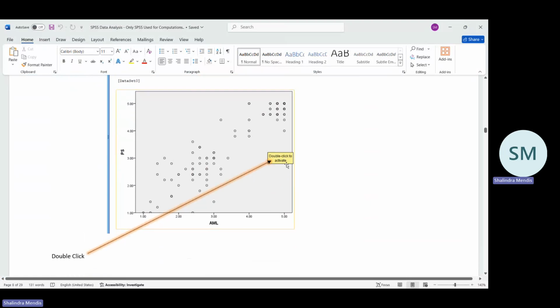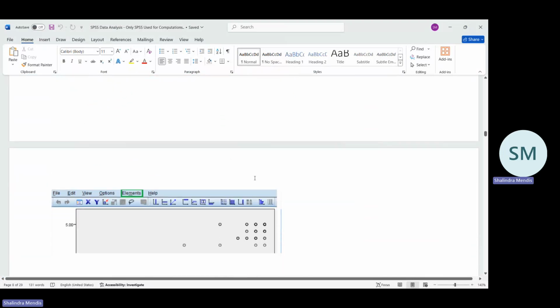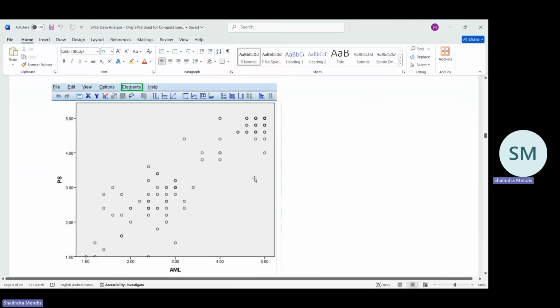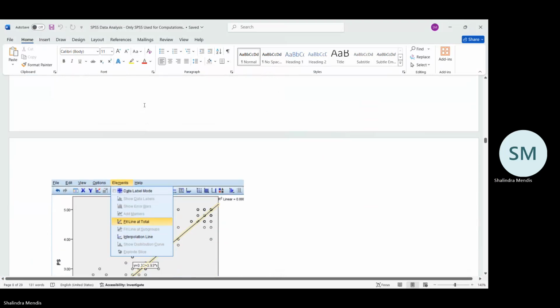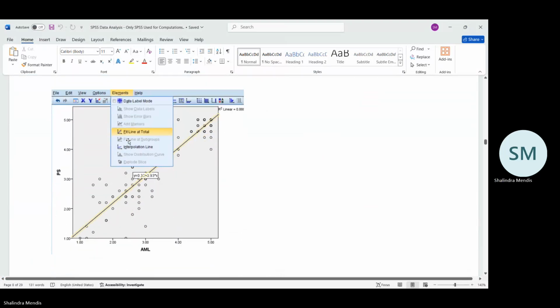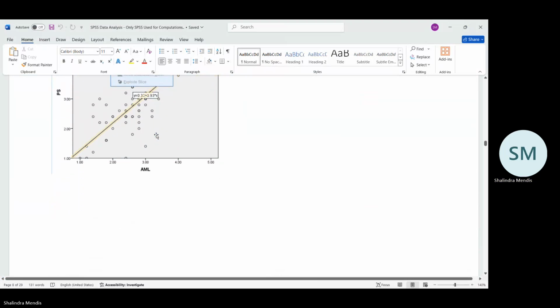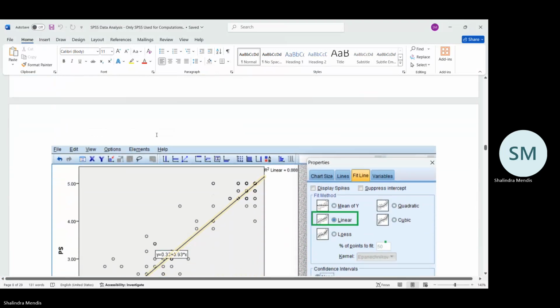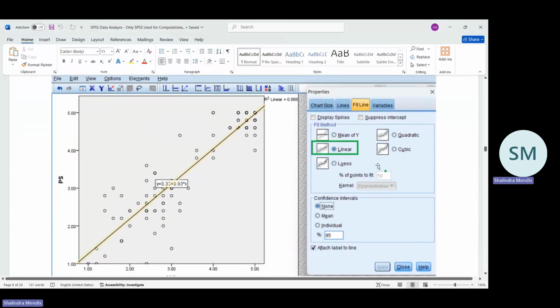So you double click on this box, and then you go to another screen like this, where you have this option bar, and you select elements, and then you select fit line at total, and then you select linear, and here the confidence intervals as 95. It is defaulted to 95, so you keep the default as is,